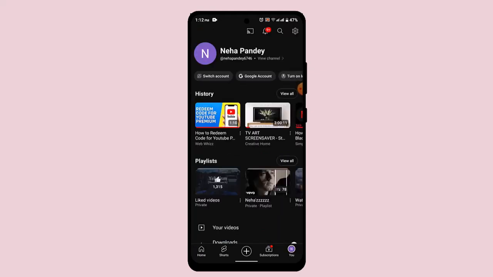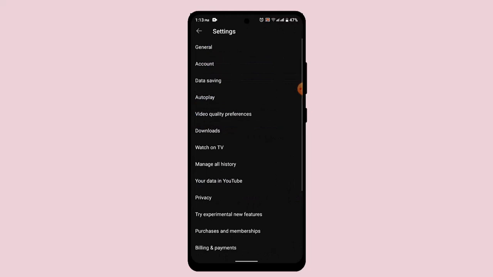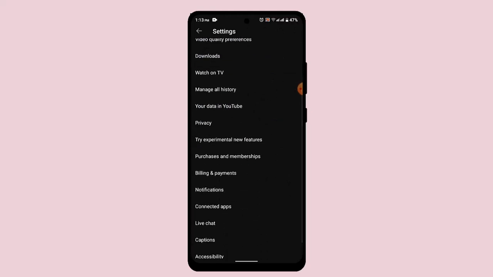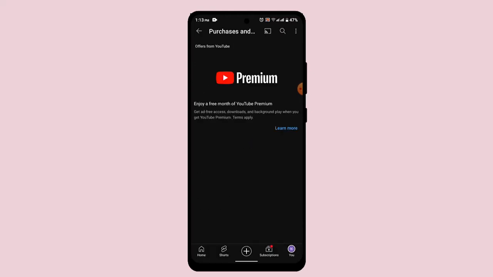Once you do that, it's going to take you to the profile page, and here click the tab bar icon from the top right hand side corner. As soon as you do that, it's going to take you to the interface. So this is going to look something like this. So right over here, go to purchases and membership, and in order to get a premium account, go ahead and